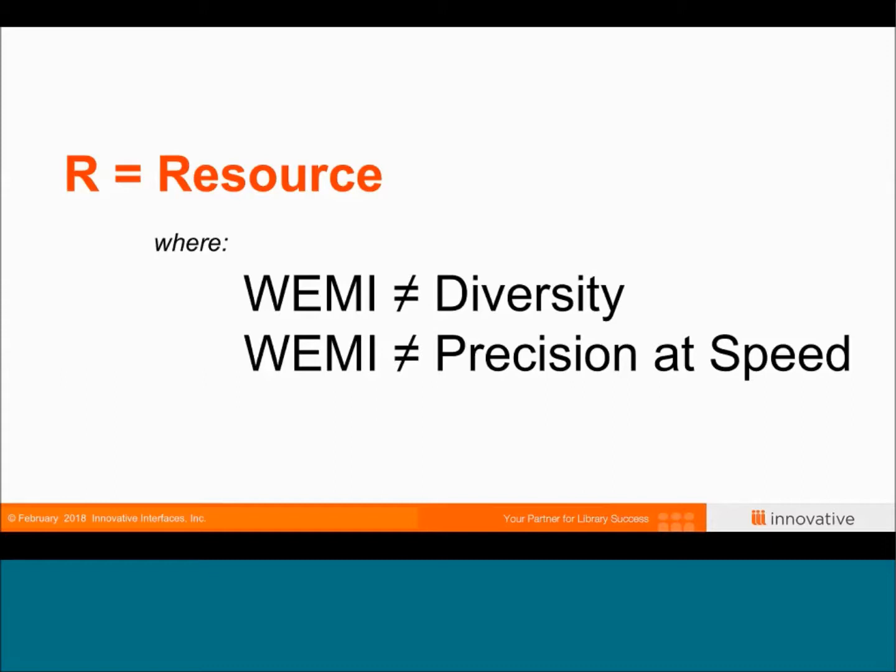I ask you as you look at it, what's an expression? Do we all agree, and can we all record that economically and with enough consistency that our records will interoperate in the way that we need them to in a consortia or in a multi-branch library? Does it match the life cycle outside the library that we talked about in the MARC session? Can you map WEMI to the distribution